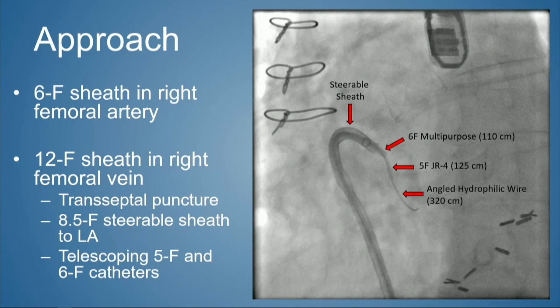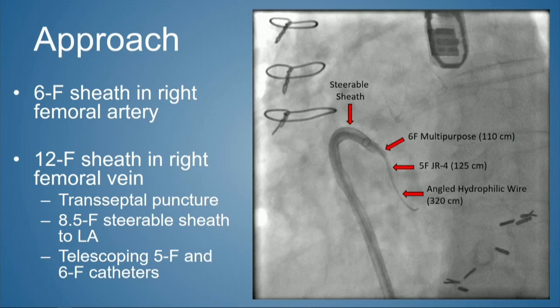So if you attended the complications course on Wednesday, Paul gave a nice talk on intracardiac rails. And it was kind of our practice that if we're expecting a complex case like a fistula closure like this, we go up front to create a rail. So that requires arterial and venous access, and our plan was to cross the fistula from the left atrium into the LVOT. So we got a 12 French dry seal in the right femoral vein, went up, did our transseptal